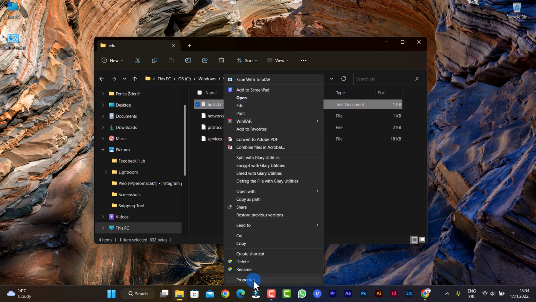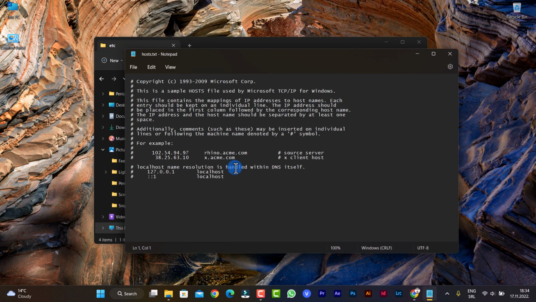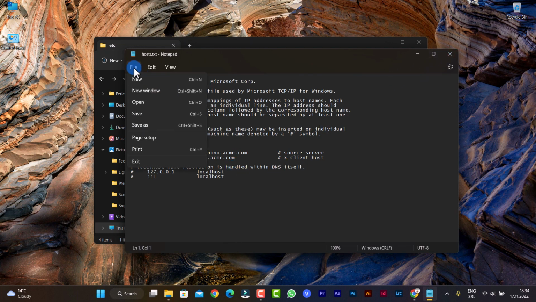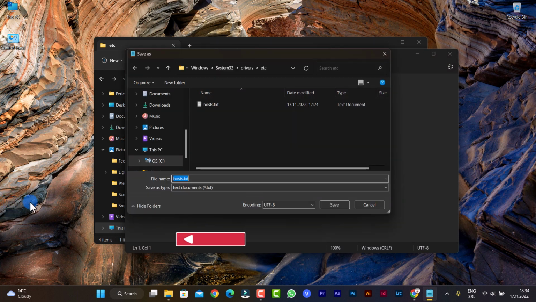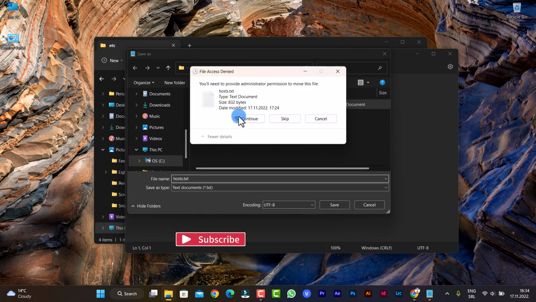Go to properties and go to here. Go to open with Notepad, and just then go to save. And that hosts file, when you save, just skip and